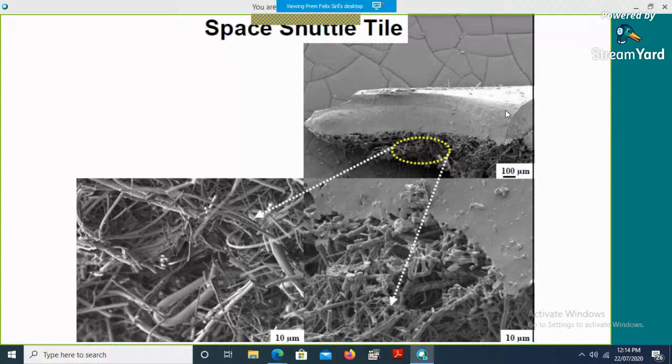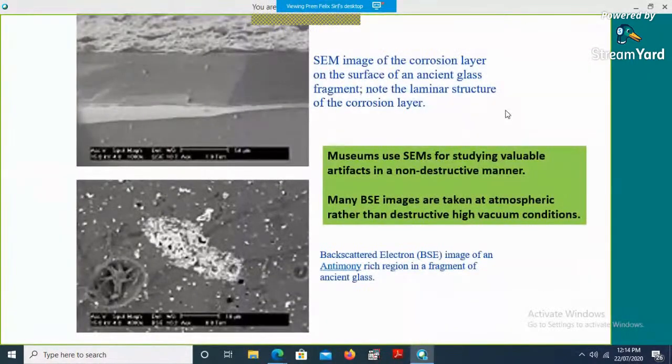I will give you some unusual examples as well. Say, for example, in museums where the artifacts from ancient times are kept, you need to preserve them properly. If they are getting corroded, first we need to study how the corrosion is happening. Then only can we prevent it. Here again, scanning electron microscopy is a non-destructive technique, because you can take a sample inside the SEM without